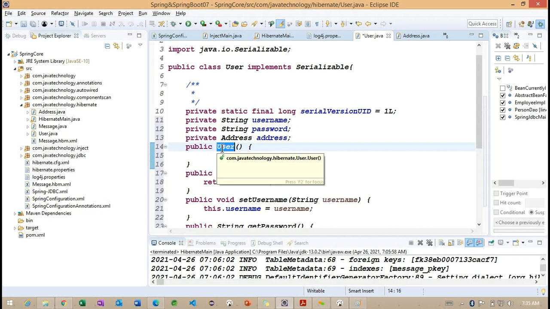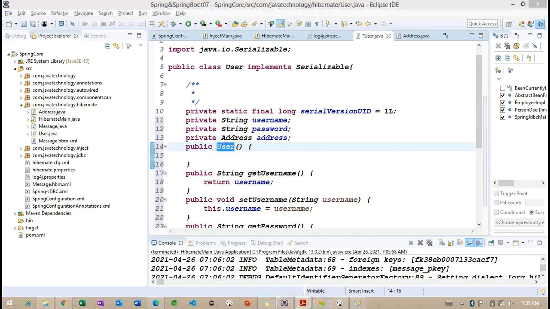When we call constructor dot new instance, internally the default constructor is going to be called. So if the default constructor is not available, we are going to get an exception here. Because of this, we need to specify the default constructor here.